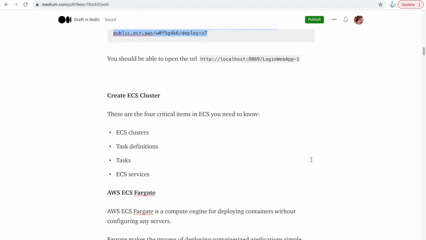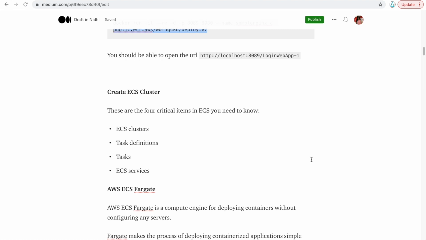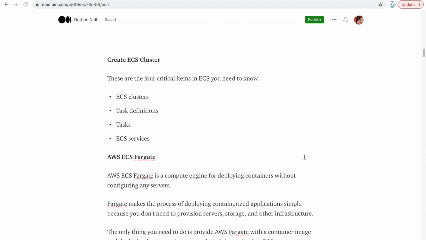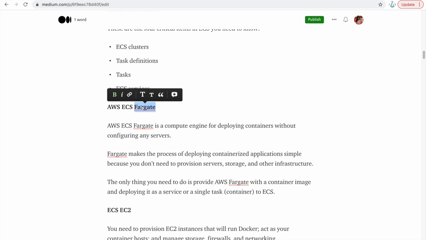In ECS, there are four critical items: the ECS cluster, the task definitions, the task, and the ECS services. So what do you mean by the ECS cluster? You have two types of ECS cluster that you can create. One is AWS ECS Fargate and the other is ECS EC2.